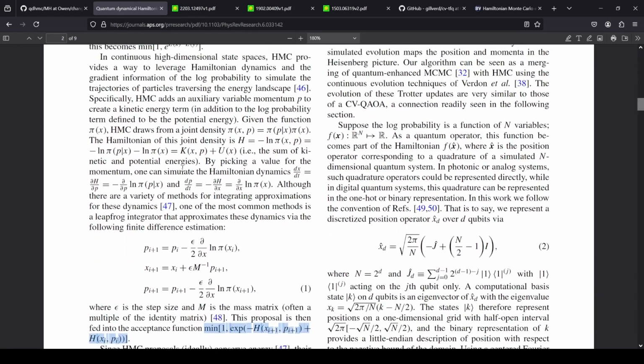The reason is that, although it doesn't look like it, the proposal function is symmetric, because what you actually do at the end is you do this whole process, then I set the momentum to be negative, and if I were to reverse this, then you can actually see that this would work